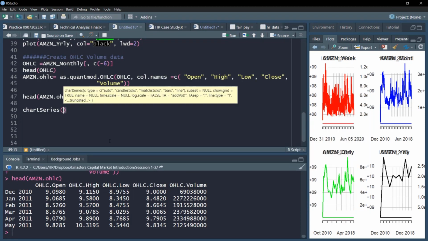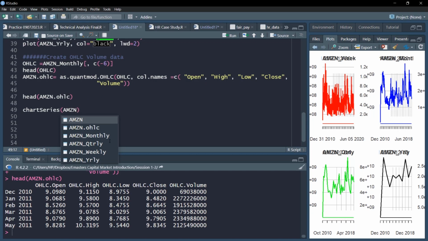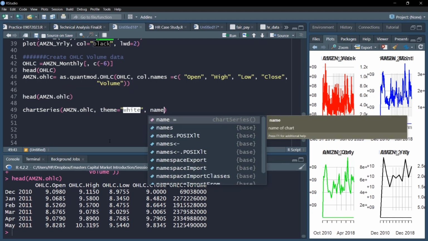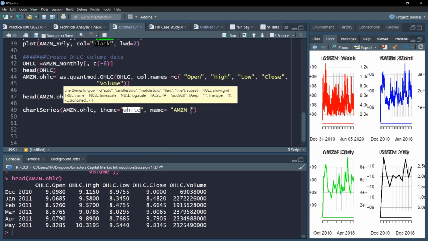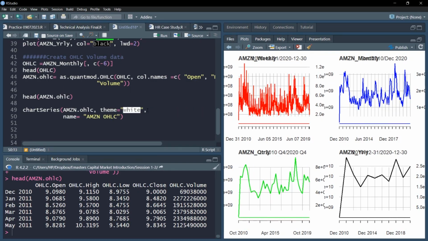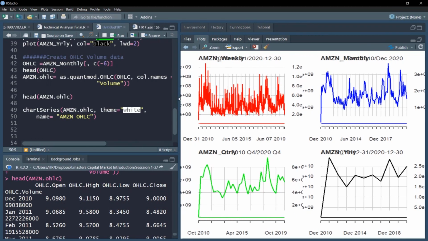In this chartSeries function, there are a lot of amazing visual properties of stock market prices. So let's say I just apply OHLC, and I'll give a theme of white. You can change the theme also. There are a lot of arguments, as we'll explore later in subsequent videos. And I give a name to the chart. Let me supply the name as Amazon OHLC. And in order to enlarge the plot window, because then the plot will look good,